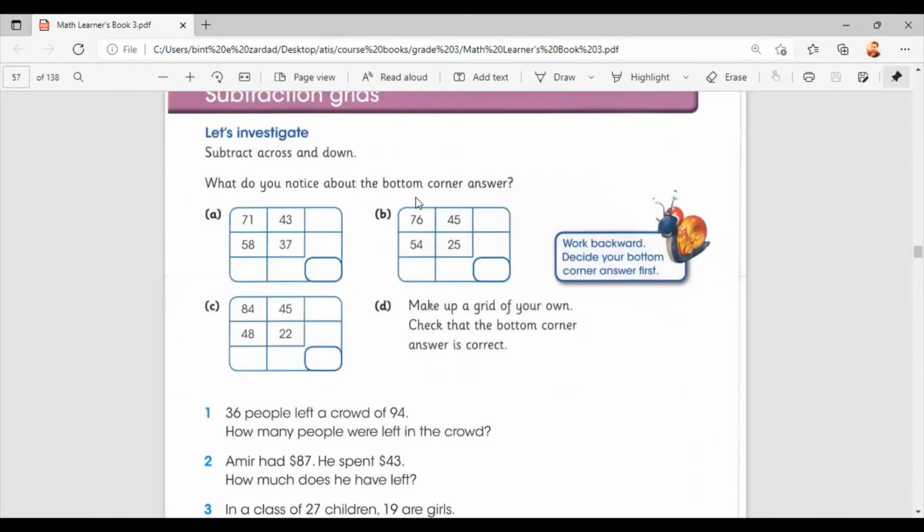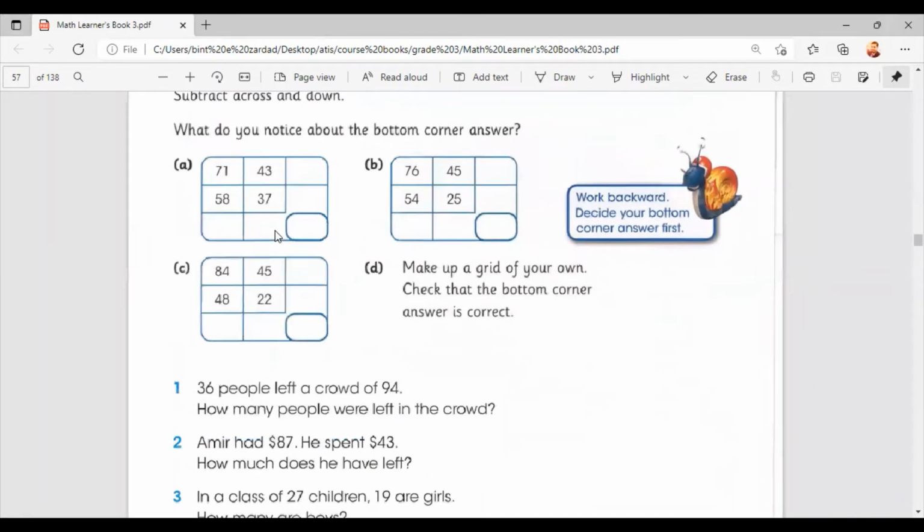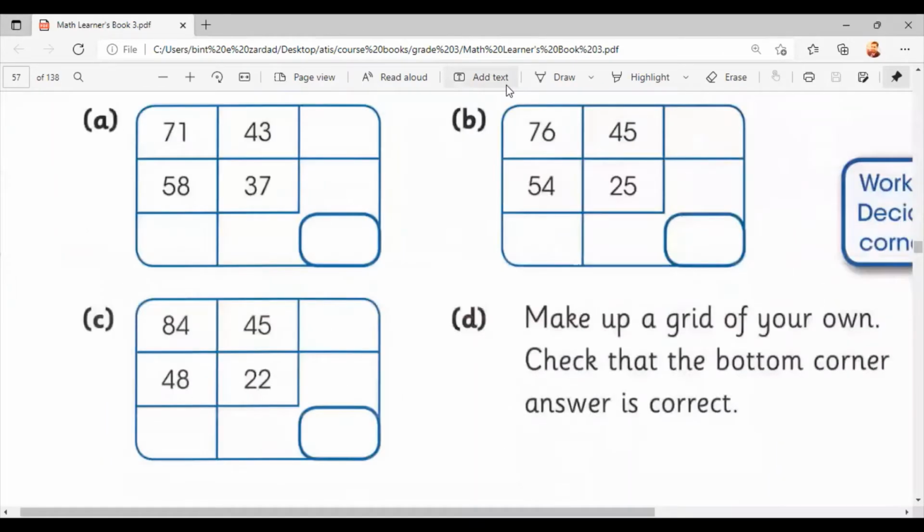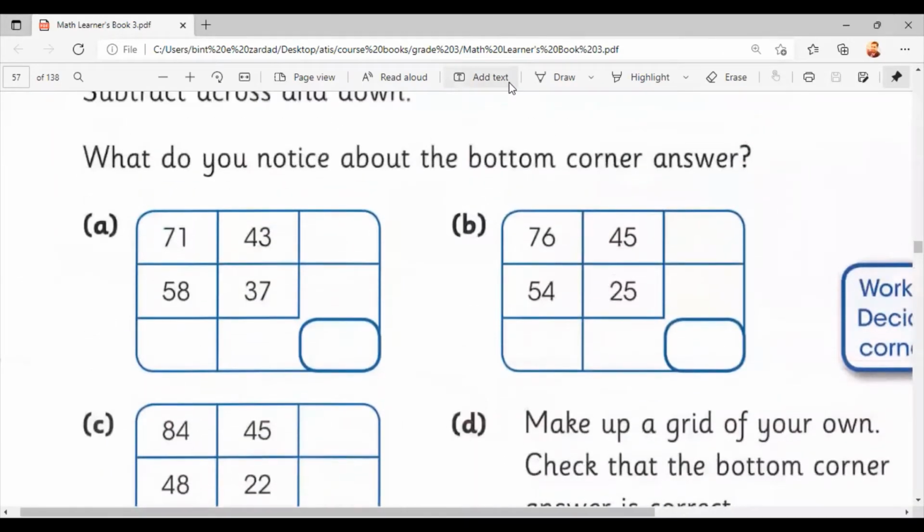What do you notice? What about the bottom corner answer? So let us subtract it. 71 minus 58. When we are doing minus, we should keep in mind that the top number should be bigger. If it's smaller, we need to take 1 from the next number. So here 6, and here we make 1. Take 1 from 7, so it's 11 now. 11 minus 8 equals 3, and 6 minus 5 equals